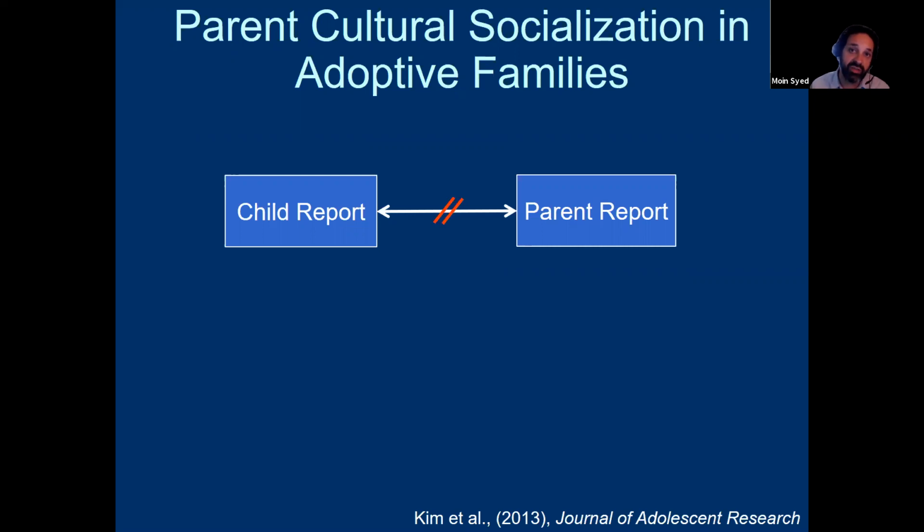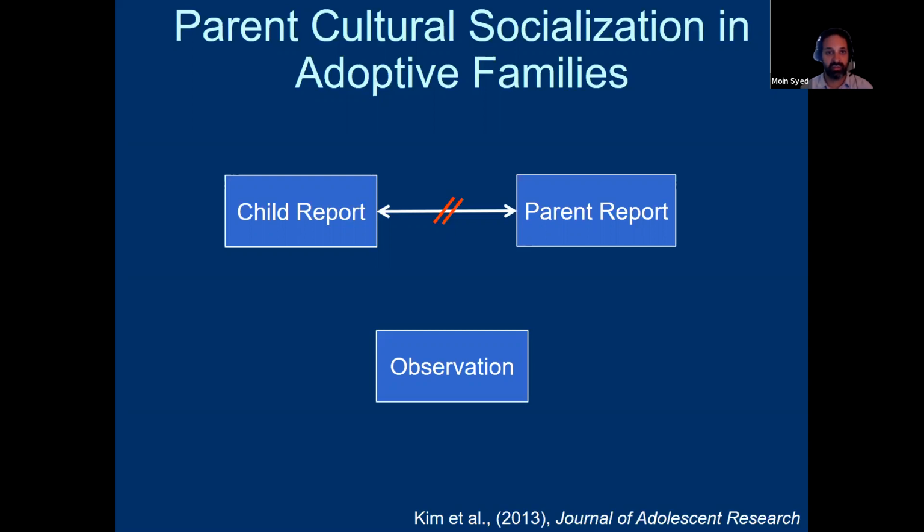And so this on its own is interesting, but it leaves the question of, well, why this discrepancy? Why is it there? In this study, they also had a qualitative component that was an observational task. They gave the families, the children and parents, some questions to talk about and observed those conversations. Some of them pertained to race and how they talk about race and culture in their family. And so the researchers then analyzed those observations, coded them, and saw what kinds of themes and concepts came out